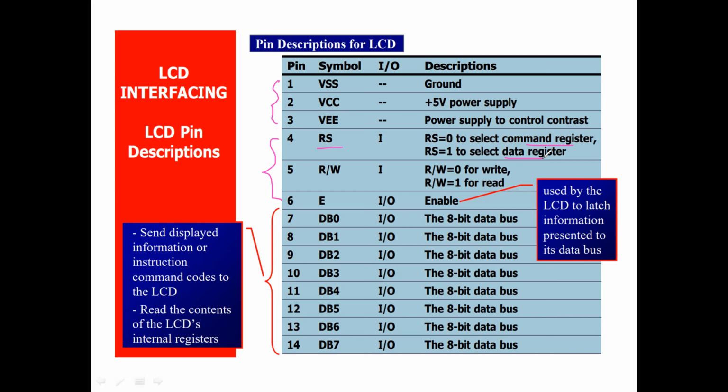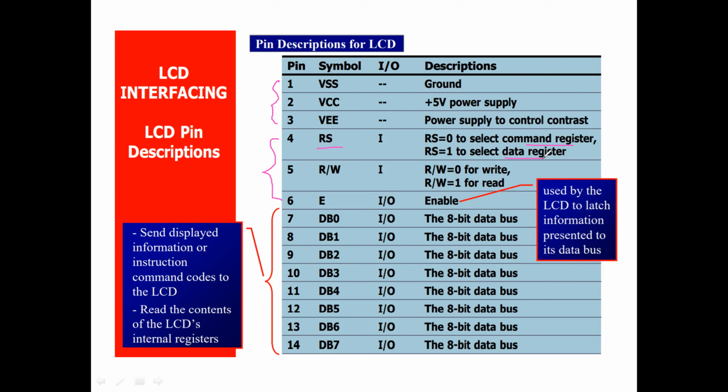Initially you command the LCD so that according to your command, it will function. What is the data register? Whatever data you want to put in the LCD. For example, I want to put the character A in the first line, so I command the LCD that this is my data.